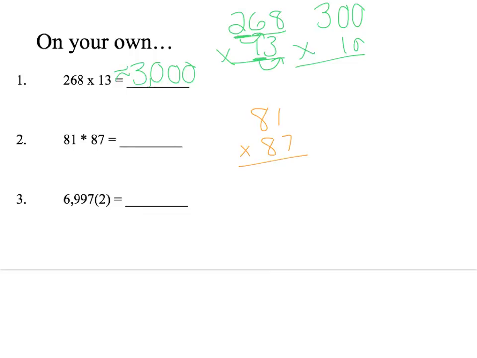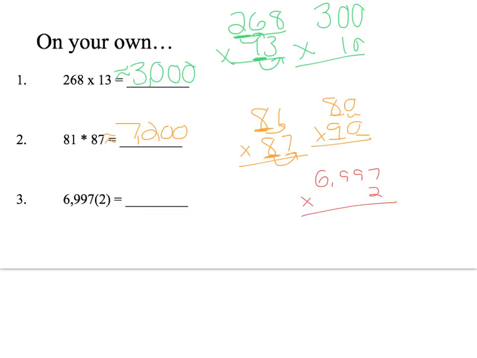Problem 2, 81 times 87. The largest place value in 81 is the tens place. Look to the right, that will become 80. The largest place value in 87 is also the tens place. Look to the right, it is a 7. We will round 8 up to a 9 and it becomes 90. Multiply the two numbers. 8 times 9 is 72. And between the two numbers I have 1, 2 zeros, so I will put 2 zeros. My estimate is